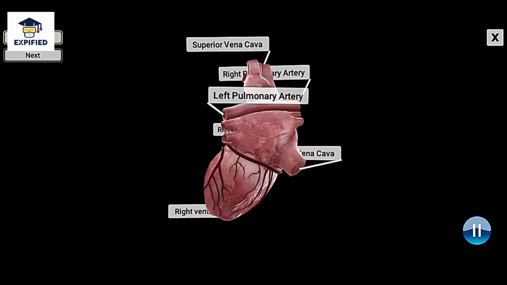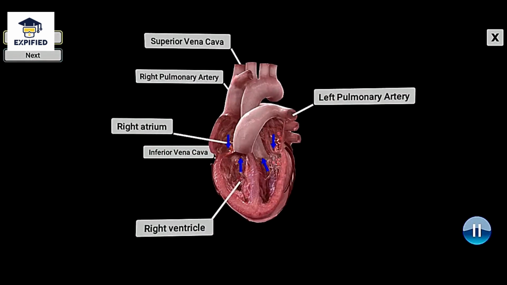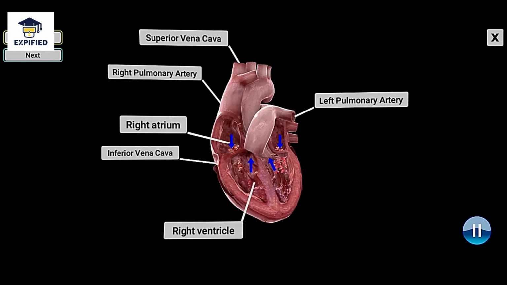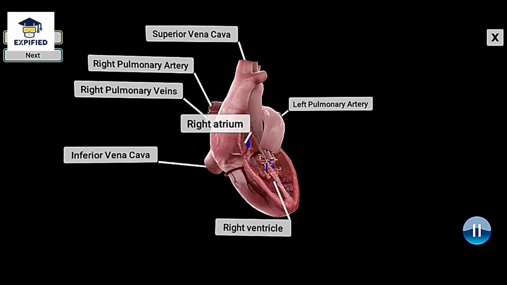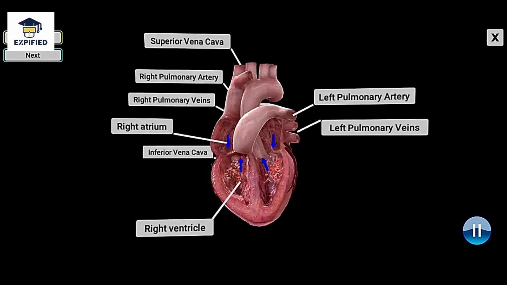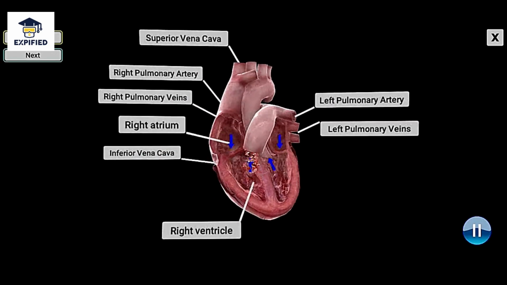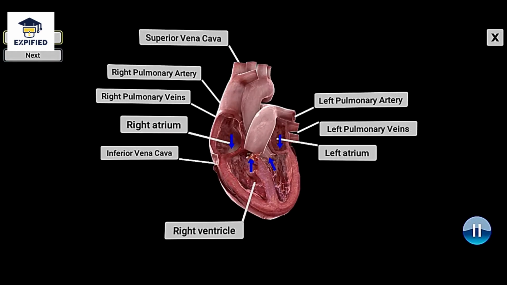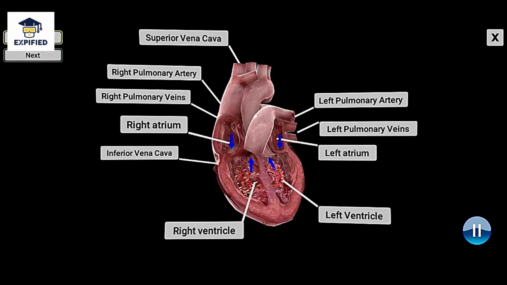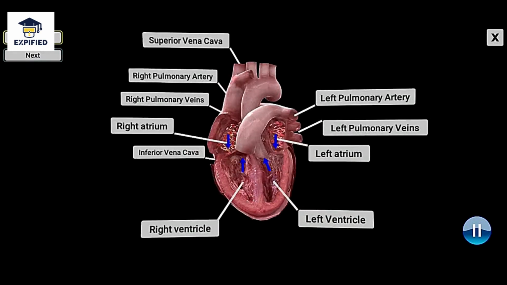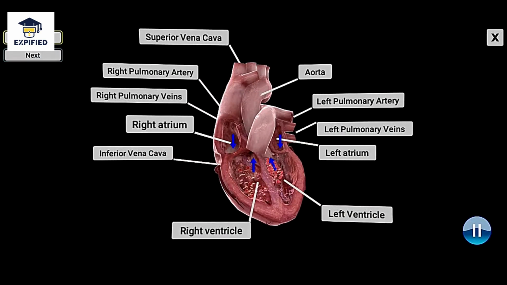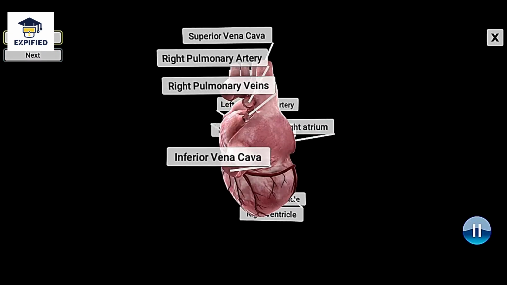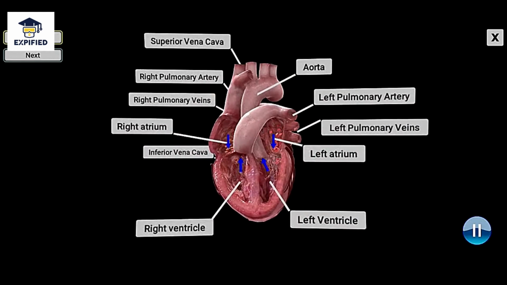We know the pulmonary vein carries the oxygen-rich blood to the heart from both the lungs. The one at right is called right pulmonary and the one at left is left pulmonary. The circulation is known as systemic circulation. The oxygenated blood comes to the left atrium. Through the mitral valve, it goes to the left ventricle. From this left ventricle, blood comes to the arteries and aorta then carries oxygen-rich blood to all parts of the body.